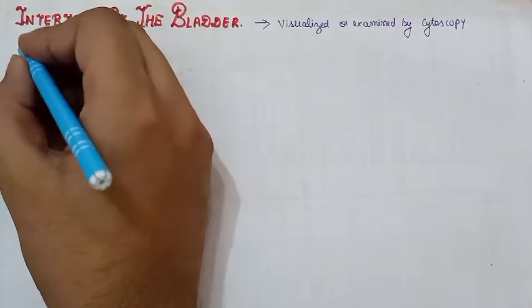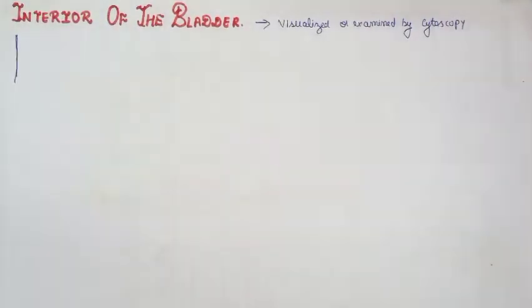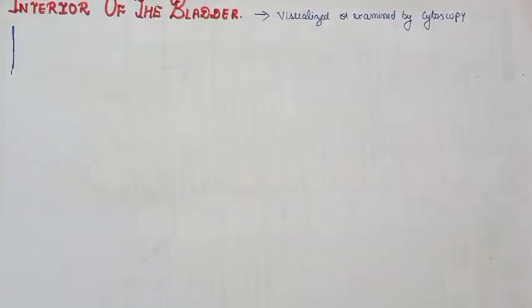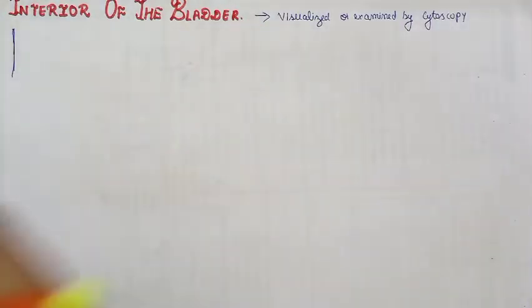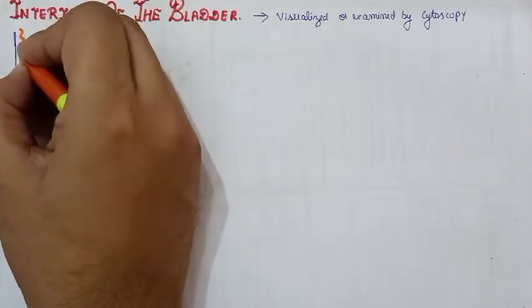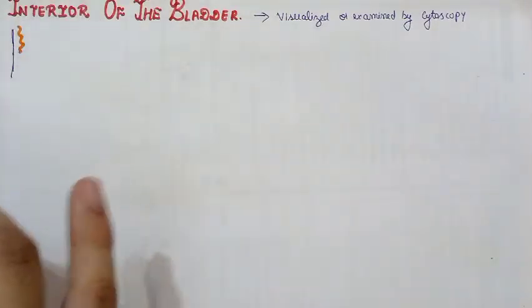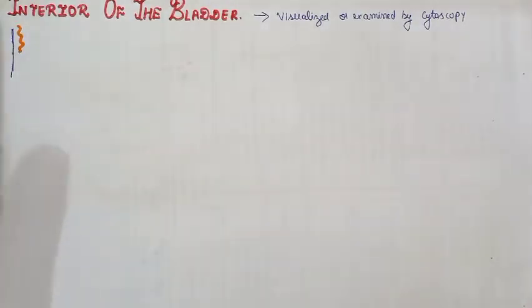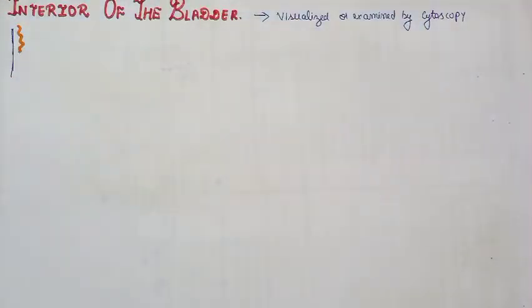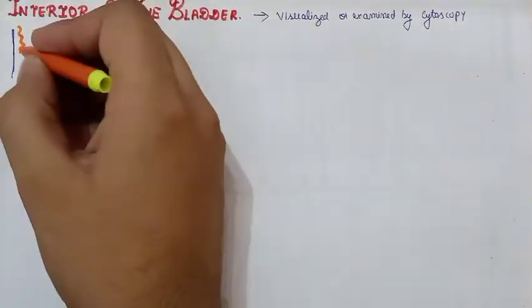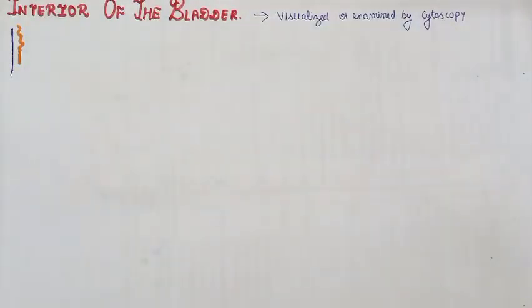Suppose this is just a cut section of the bladder, and inside the bladder there is a layer of mucosa present. The mucosa shows irregular folds. It is not firmly attached, and is rather irregularly present in a wavy pattern all over the interior of the bladder, except a particular region that is called the trigone of the bladder. At some places it is firmly attached, and it is arranged in a particular triangular shape. That's why it is called the trigone.